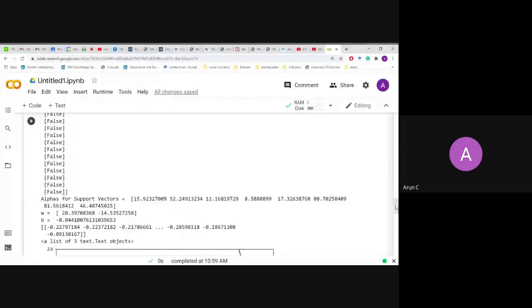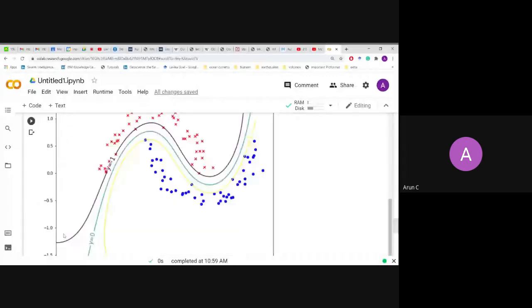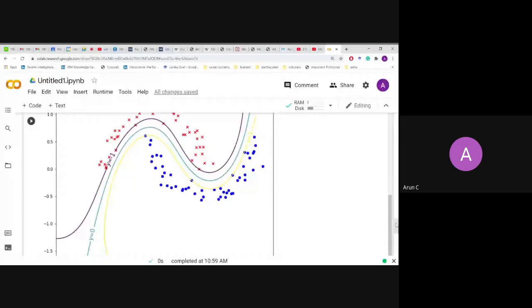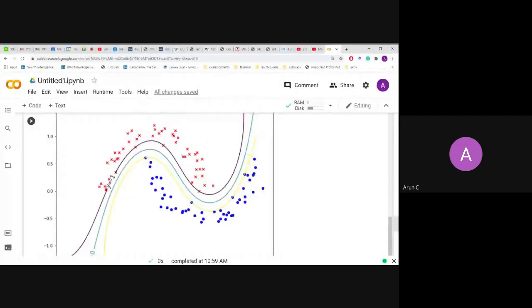These are points in a grid, and the grid is so fine that when you do a contour, these points are dot, dot, dot, and it looks like a curve here, right? So all these points will give you -1, these points will give you 0, and this yellow will give you +1. So this is how you can do it.